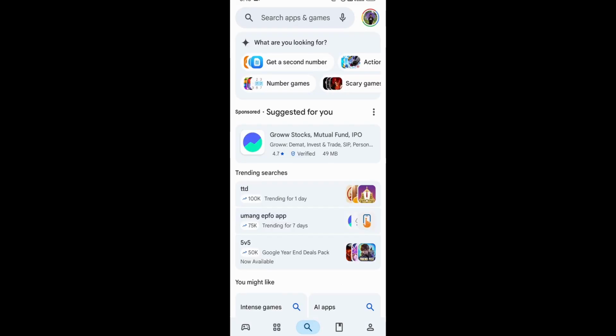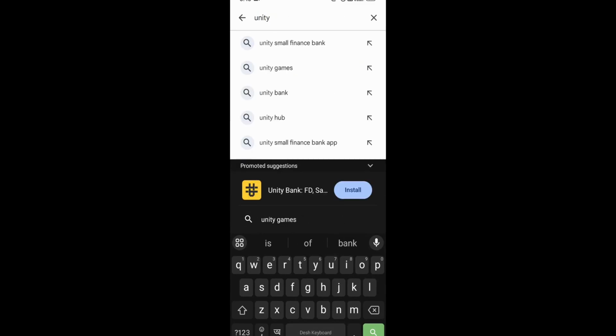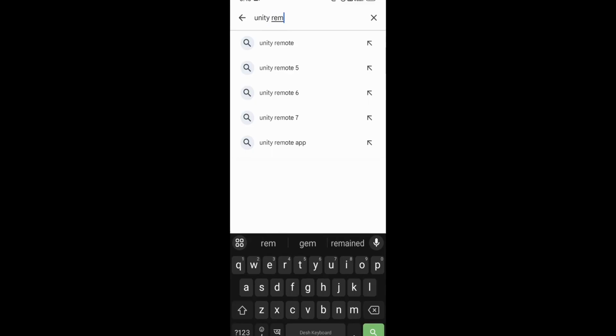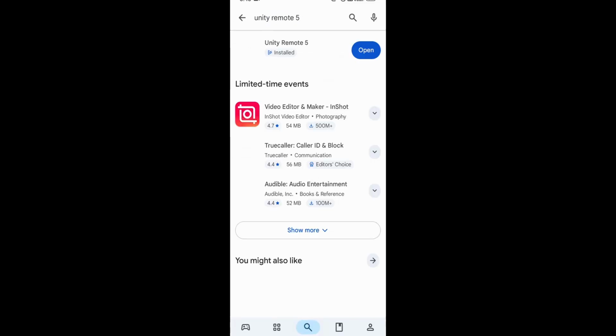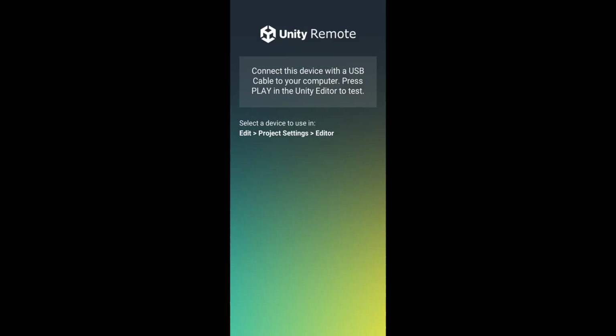Over here we need to search for Unity Remote 6 or Unity Remote 5. I'm going to use Unity Remote 5. You can use Unity Remote 6 as well. Let's type Unity Remote and it's going to pop up. So Unity Remote 5 I'm going to use, and I already installed it. We can click on this Open button,